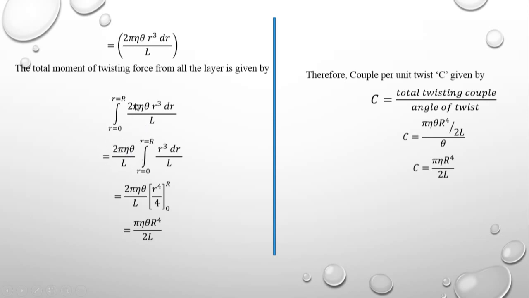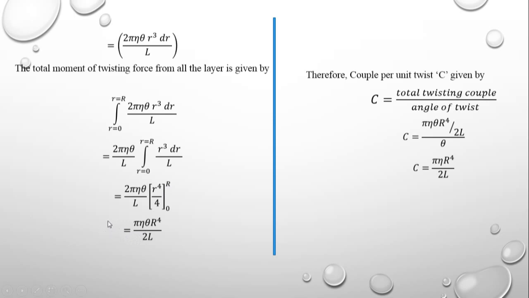I will take all the terms outside the integral. Then 2 pi eta theta divided by L, integration of r from 0 to capital R, that is r cube dr divided by L. The integration of r cube is r to the power of 4 by 4, integrated from 0 to R. Then the total